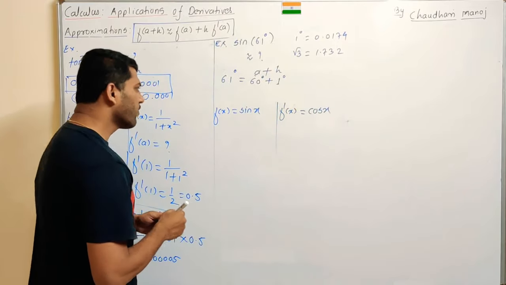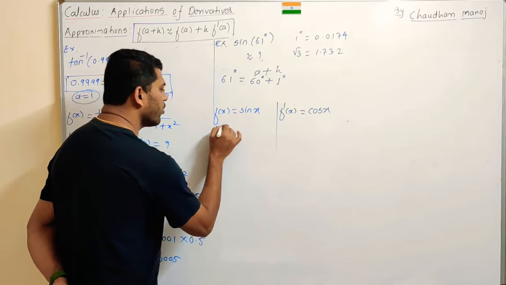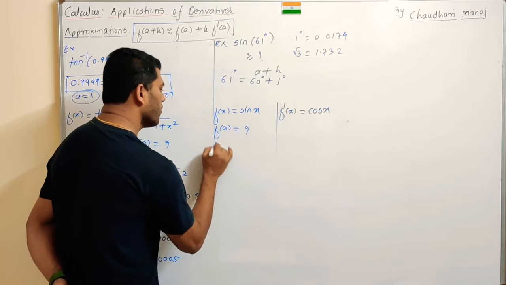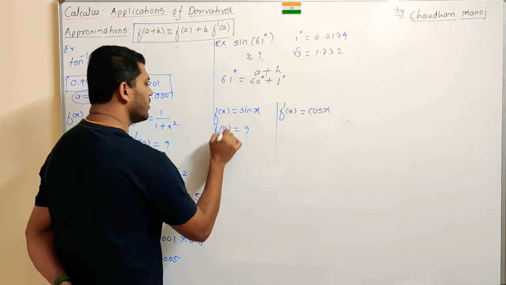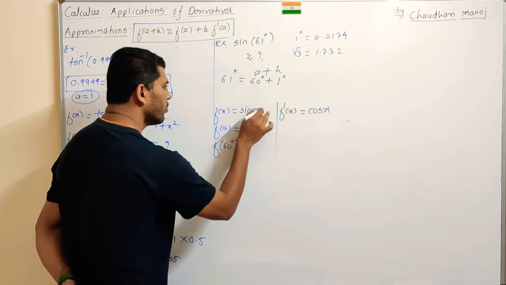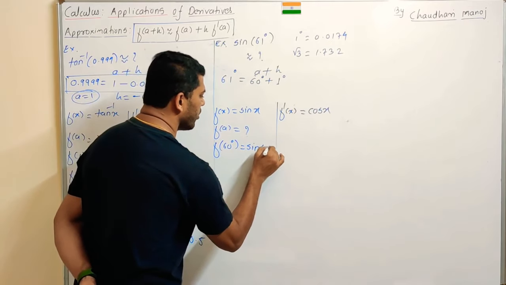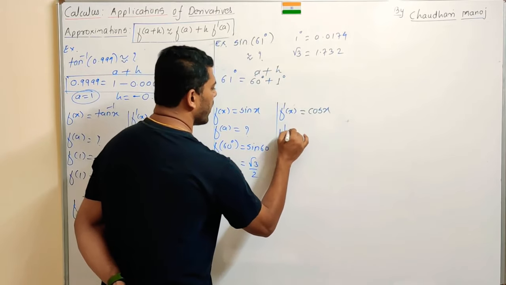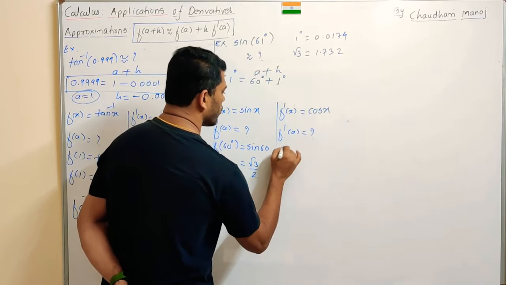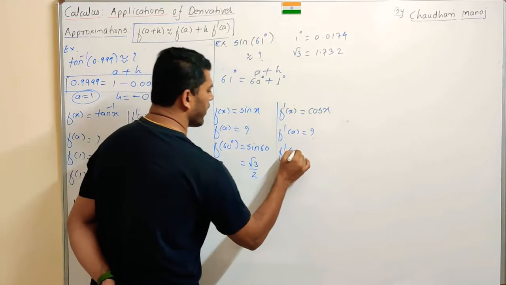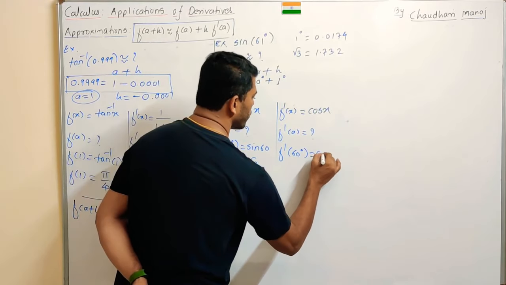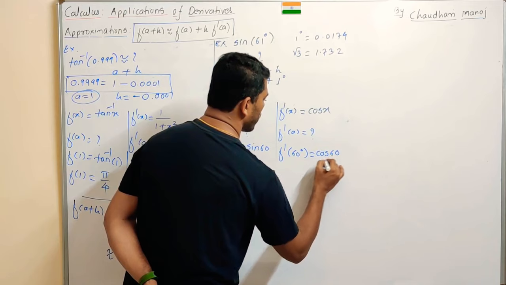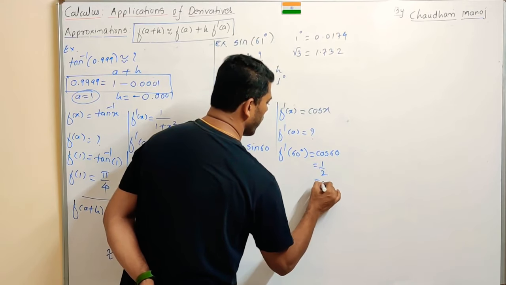So these are the familiar values, so we can easily find out. Finding f of A means A value is 60 here, so I am substituting 60 over here. So this is sine of 60, and you know that sine 60 is root 3 by 2. Okay, let's find f dash of A. So finding f dash of A means substituting the value of A, which is 60 degree. So this becomes cos 60, and you know that cos 60 is 1 by 2, and 1 by 2 means